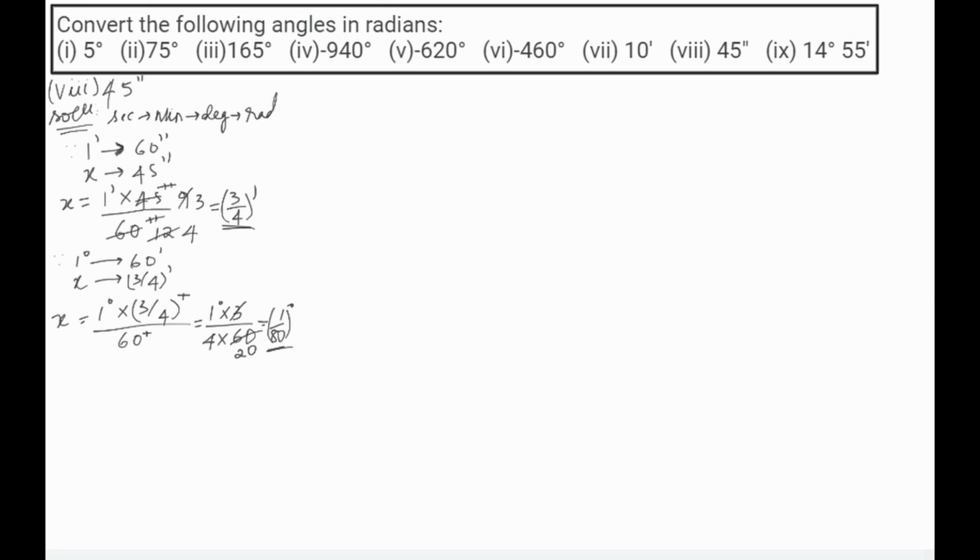So we know that pi radians is equal to 180 degrees. So how much is 1 by 80 degrees in radians? Let this be x. When we cross multiply this, we get x is equal to pi radians into 1 by 80 degrees divided by 180 degrees. So degree unit and degree unit cancel out each other. So we have pi radians divided by 80 into 180, which is equal to x is equal to pi by